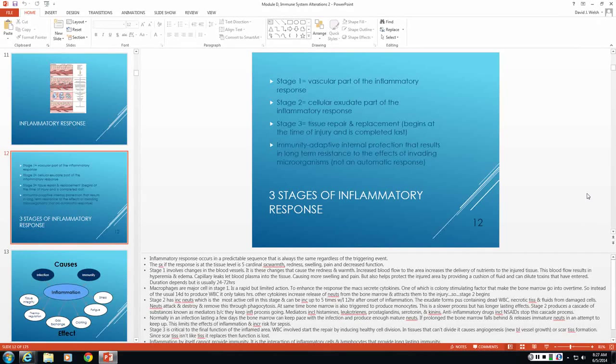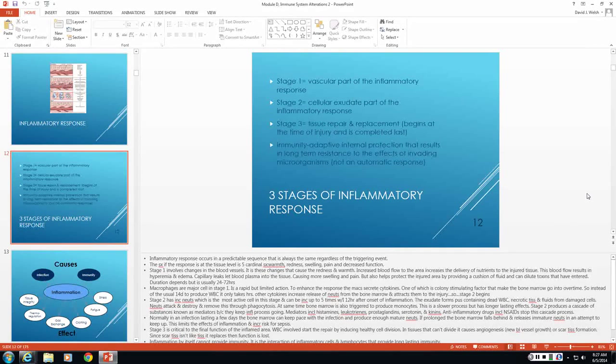It's these changes that cause the redness and warmth. The increased blood flow to the area increases the delivery of the nutrients to the injured tissue. Now this blood flow results in hyperemia and edema. The capillaries leak and they let blood plasma into the tissue. Now this helps to cause swelling and pain, but it also helps to protect the injured area by providing a